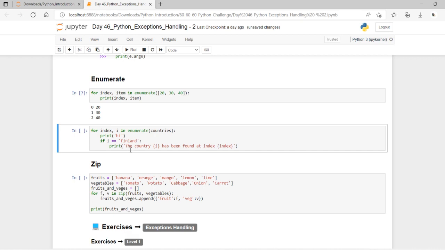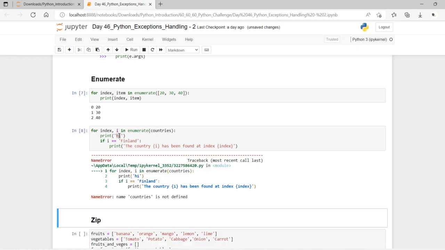And here, see here, the country is just having the placeholder value of this i, and wherever this item has been found at an index, and what is the index, this is going to print as it is. Here we are not going to pass any attribute for this i or index, so it is just going to print as it is. And for the iteration of Finland, wherever i is there, it is just going to print this, and other than i, it is just going to print the high.